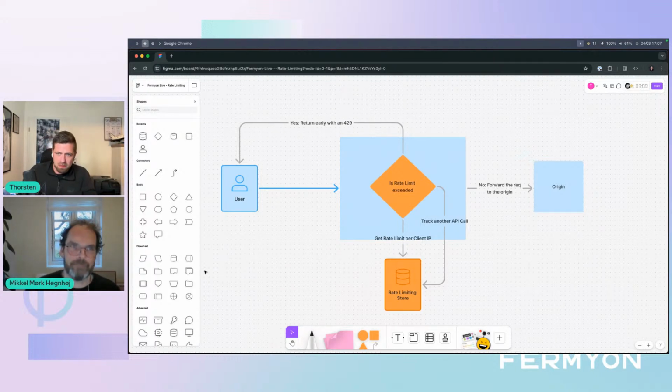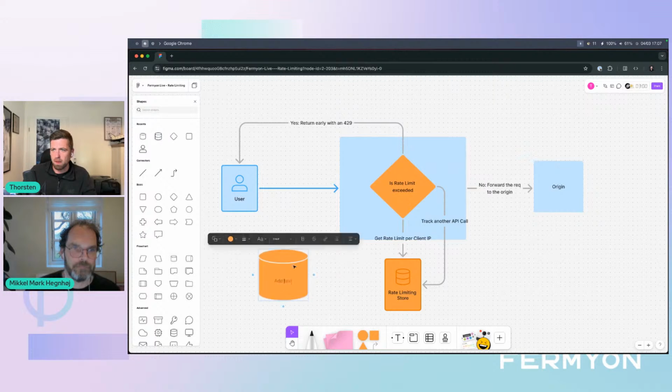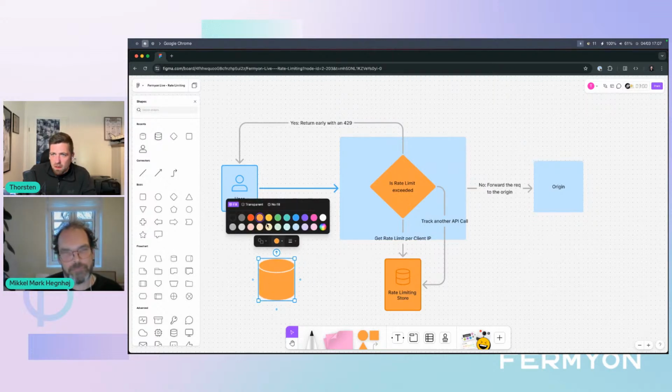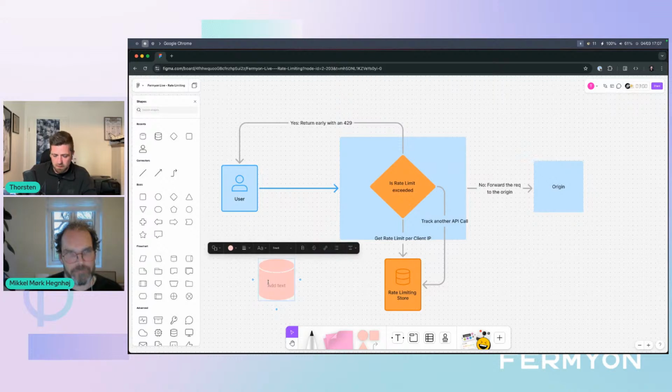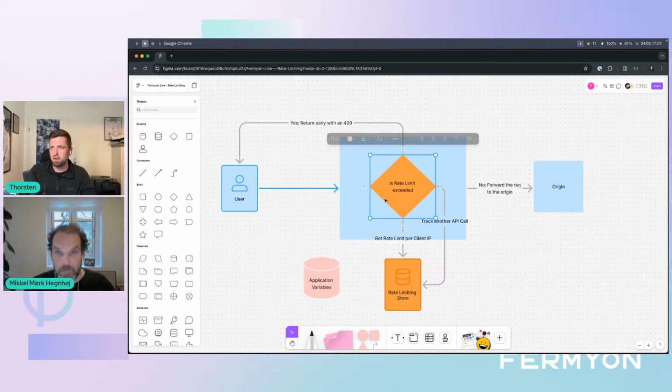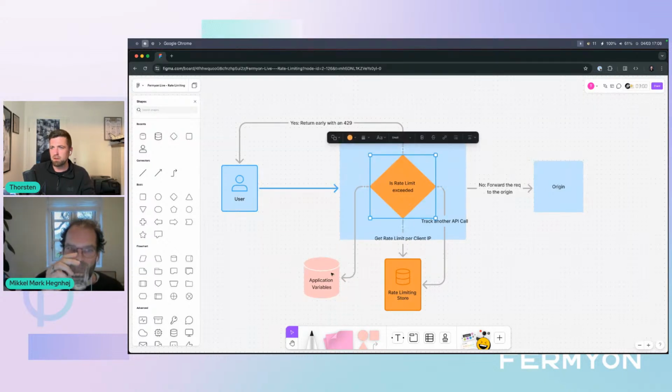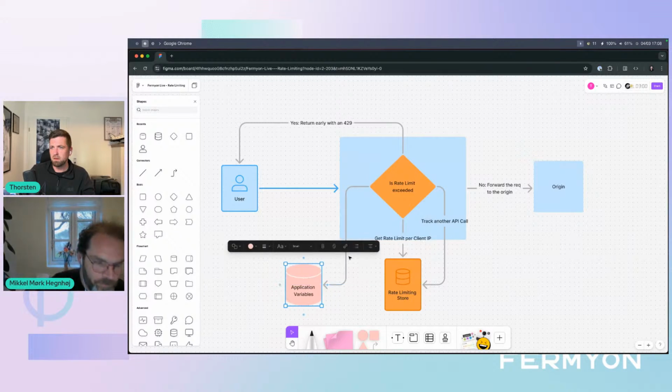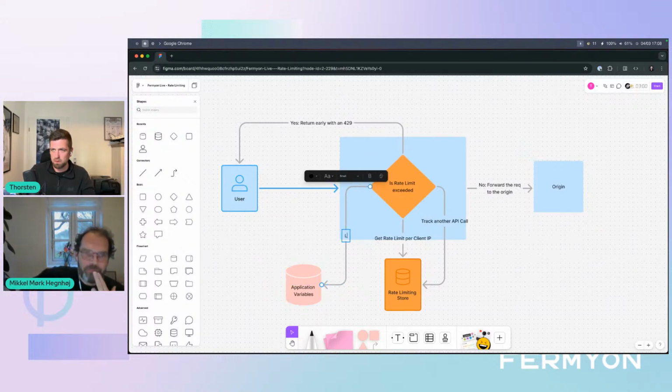Yeah, there's one missing piece over here. We want to be a good citizen developer, so let's use this one. Let's say those are our application variables, and this must go that direction, like there. Let's say we load